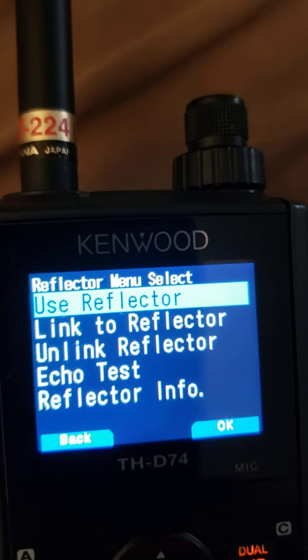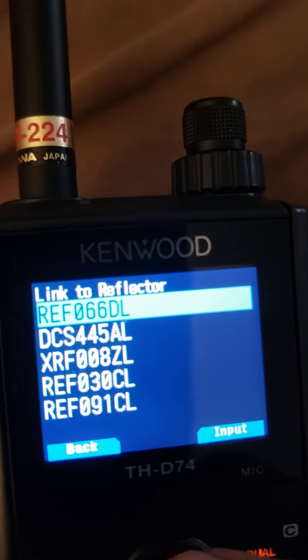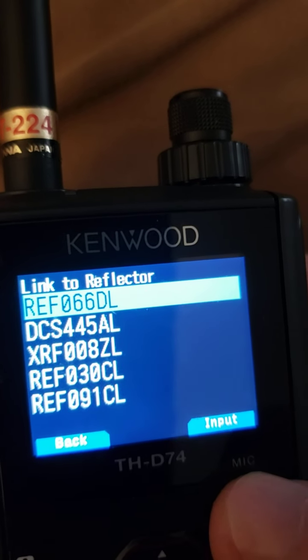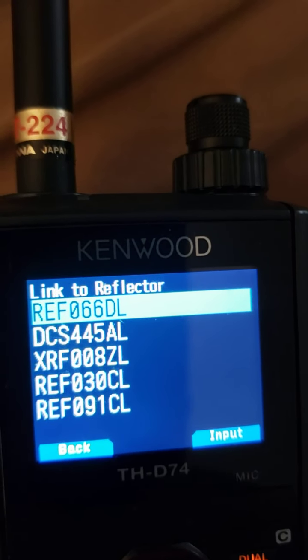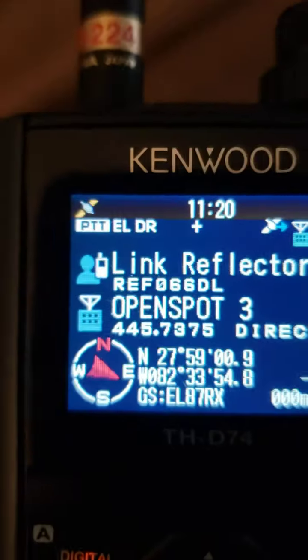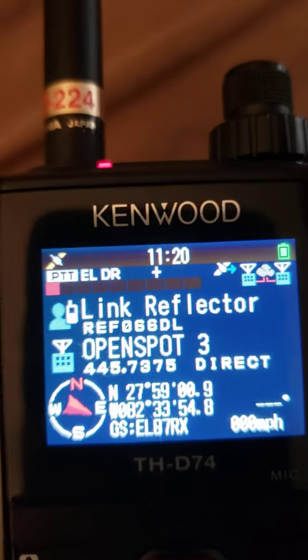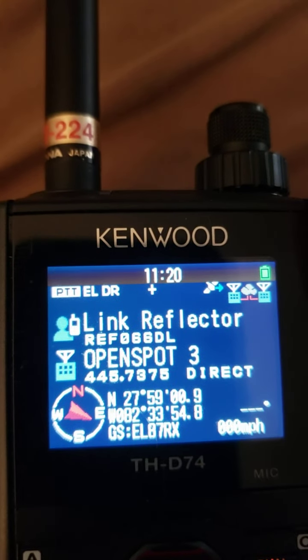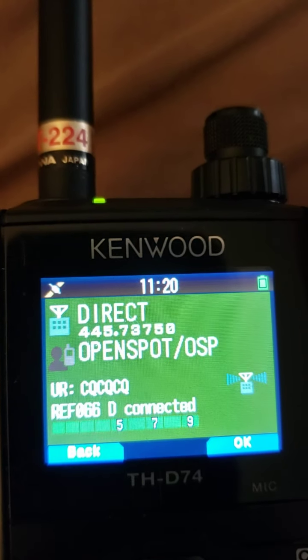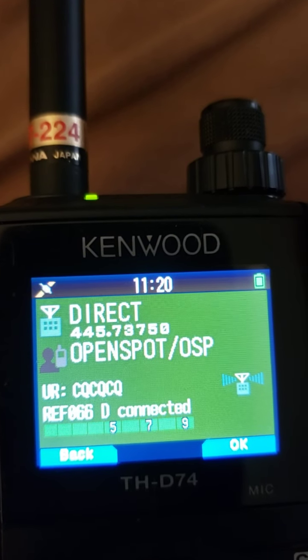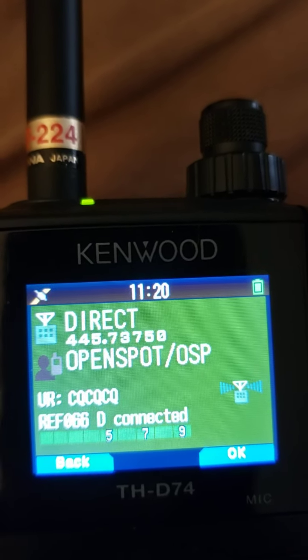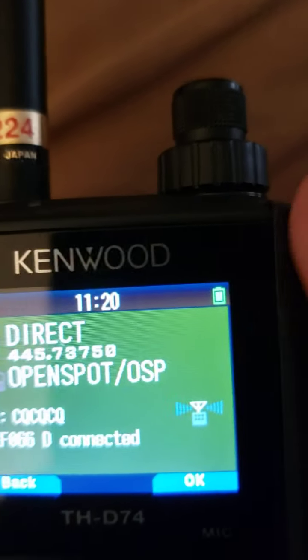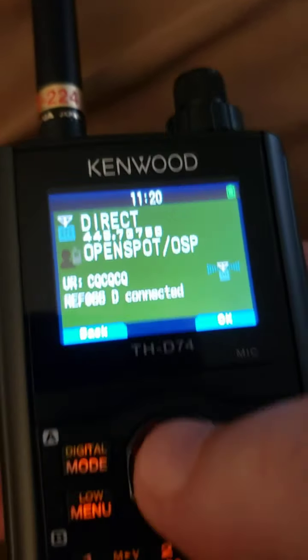Back to D-Star, link to reflector. Oh, you can go anywhere you want. I'll just go to 66 Delta for now. There's probably no traffic there, which is fine. Openspot connected to REF066 Delta. Okay, and I'm going to wrap this video up